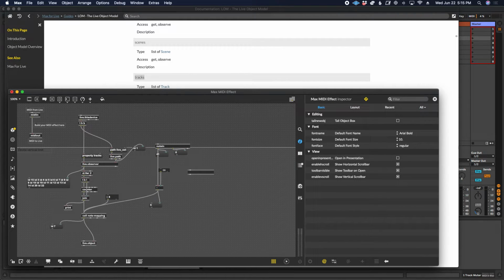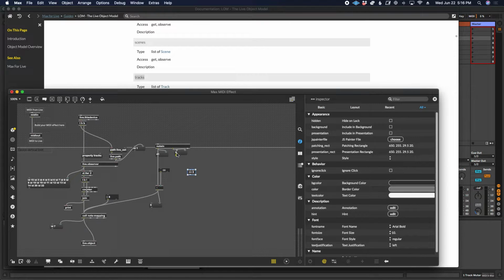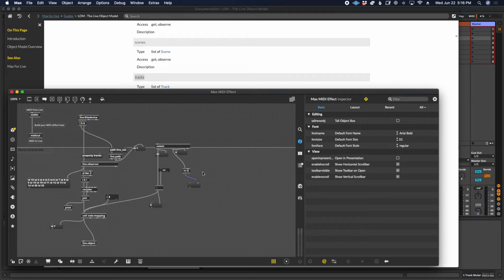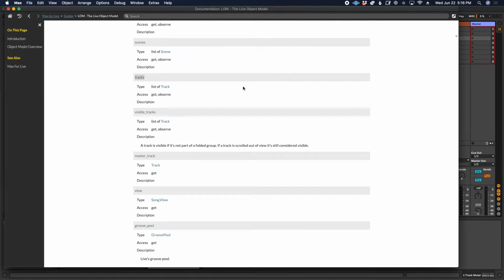And what we want to do is see if the velocity value is 0 or not. So we're going to say, is it 0? And if it is 0, we'll get a 1. And if it's not 0, we'll get a 0. So if I hold down a key, I'm going to get 0. And if I release it, I'm going to get 1, which is useful because if we go back to our documentation